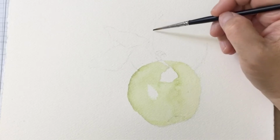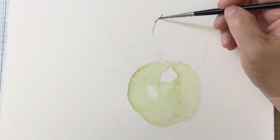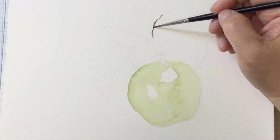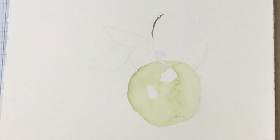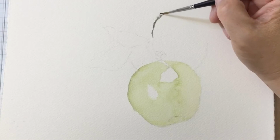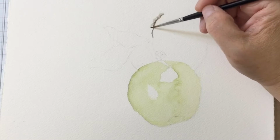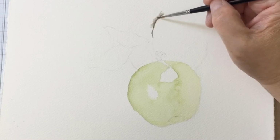So this is what I do. I like to work around the painting, so right now I'm giving the apple a chance to dry the first layer of green color. And so I put in some sepia paint, and now I am softening the edge because the stem of the apple is a stick. So